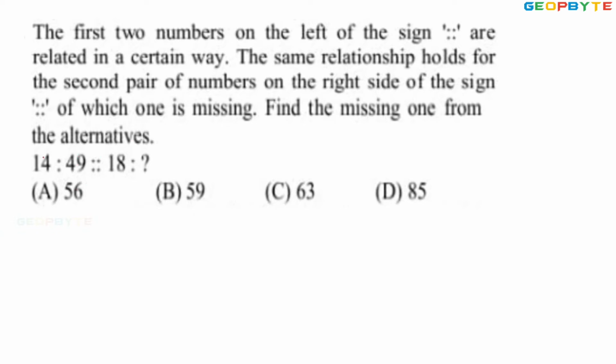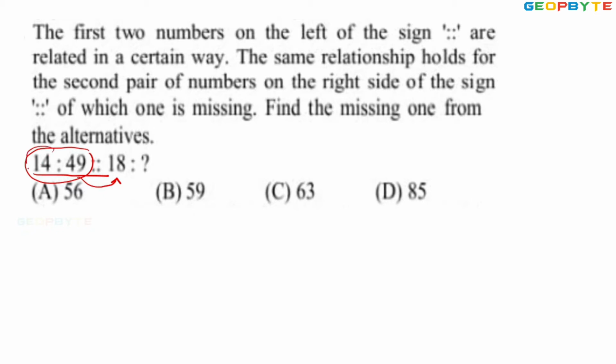Information, simply logic. What is the logic here? Analogy. So 14 into 49 there is a relation, and the same relation is applied here also. So between 14 and 49 one relation is given, and the same relation applies for the next pair also. That is the logic. Here, friends, any number of logics you can apply, not a problem, but it is based on options.